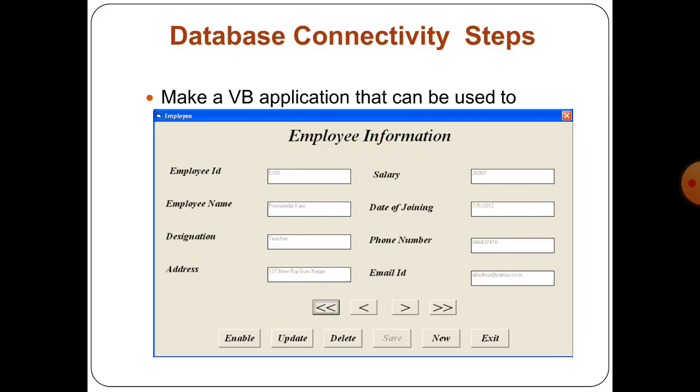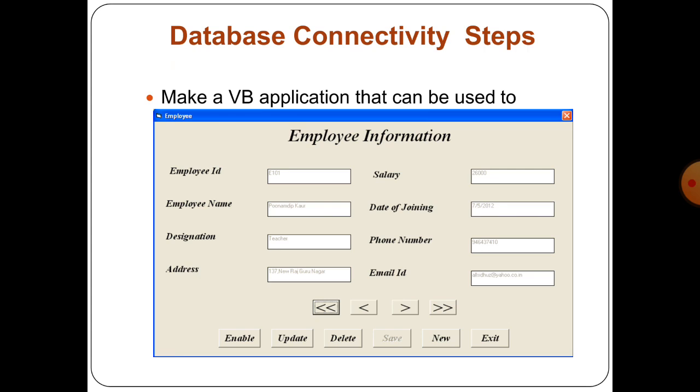We have taken command buttons: enable, update, delete, save, new, and exit. And these are previous, next, go first, and go last. These are the different command buttons we have taken for this one.